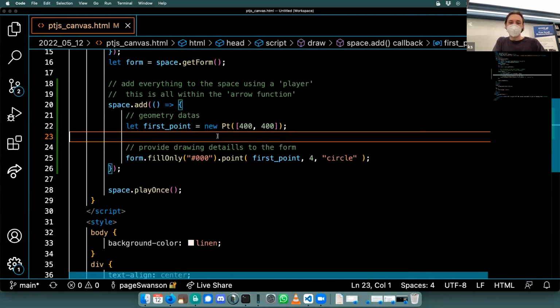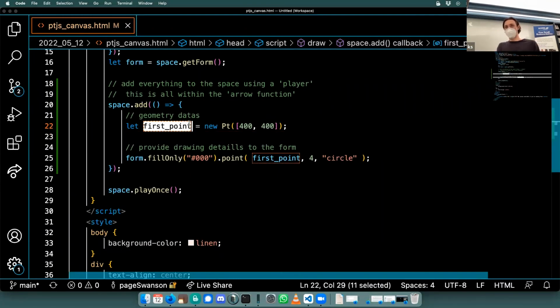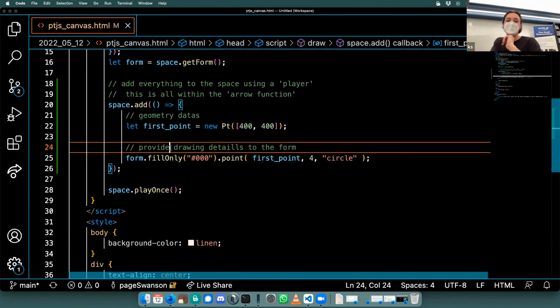So, okay, so we made this point, but that didn't draw the point. That just set it up in the data that our code is using. So it made this variable. This variable is basically storing the structure that defines this point. So then what I want to